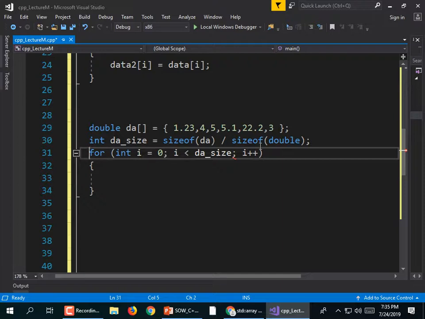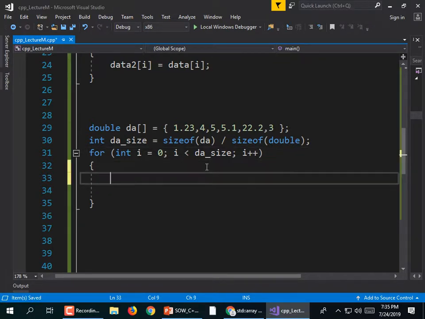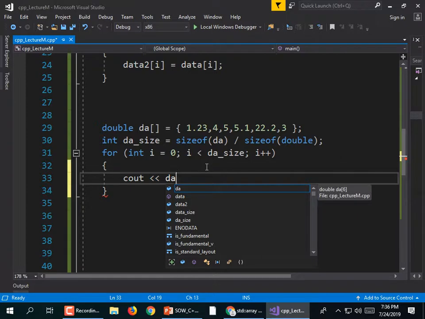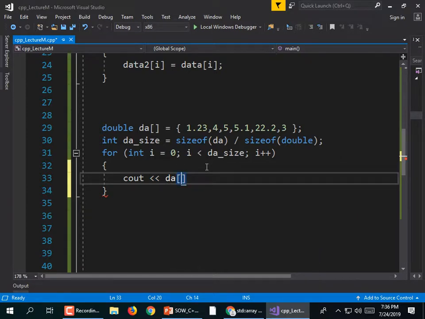Why am I getting an underline there? Let me save it and see if it goes away. It did. All right. And then I could print out the element. Right? cout <<. What's the name of the array? dA. What's our index? i. So dA[i]